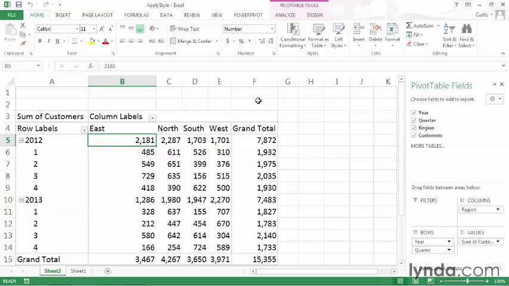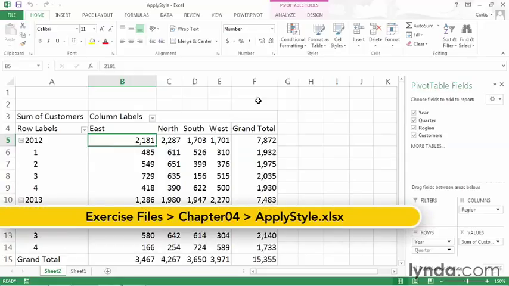Excel pivot tables let you analyze your data effectively. They're also great for presentations, which means that you need to pay attention to formatting. In this movie, I will show you how to apply and manage existing pivot table styles. I will use the Apply Style sample file, which you can find in the Chapter 4 folder of your exercise